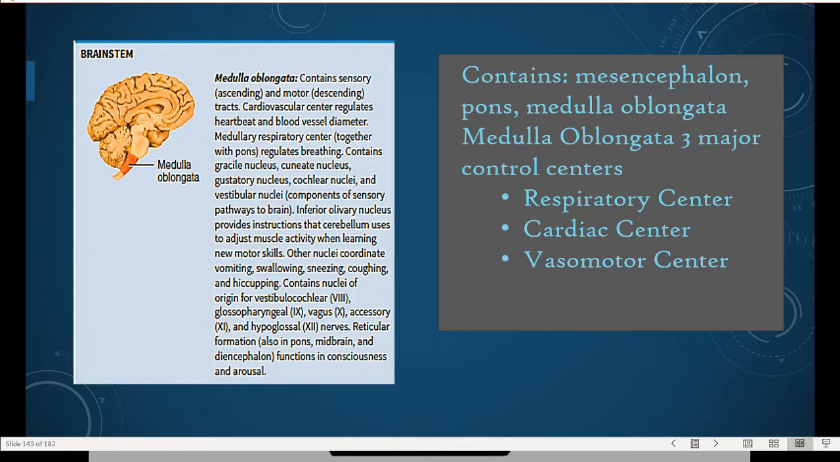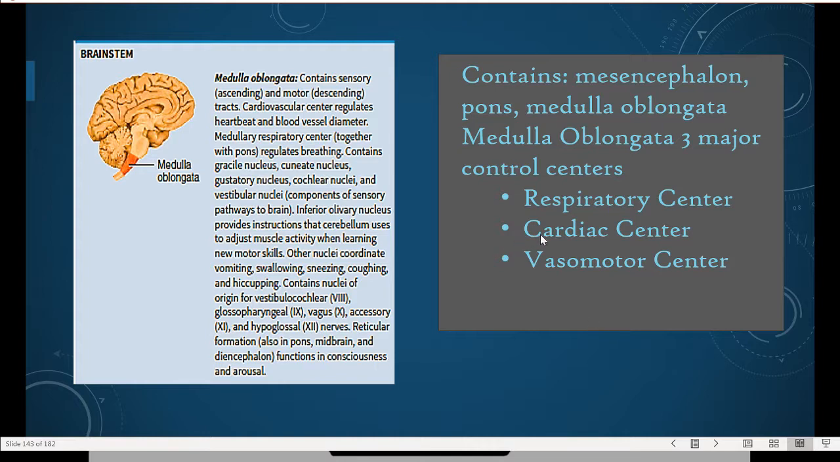And then we have the brainstem. The brainstem has three major departments that it's responsible for. One, it affects respiration through the respiratory center. And then we have the cardiac center, and that's going to regulate heart rate and